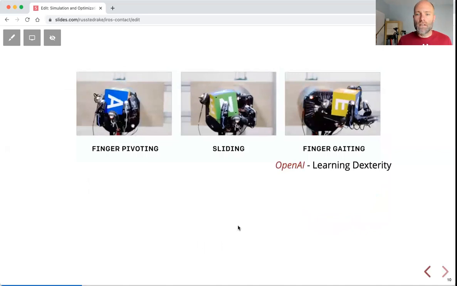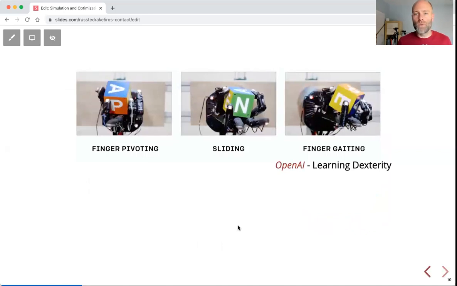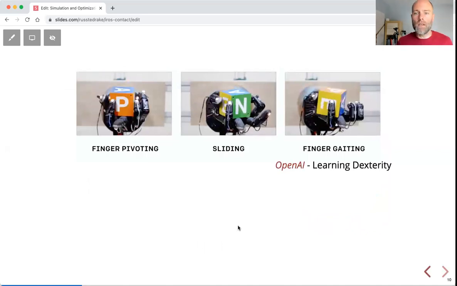And now we've seen a great set of results from reinforcement learning. This is just one of any number of examples I could have picked. This is the one from OpenAI Learning Dexterity. It was a particularly highly popularized one. And this is certainly a rich contact interaction between the hand and the cube. And moreover, one of the reasons I picked this example is they were very clear about the emphasis of training in simulation and then executing it in the real world.